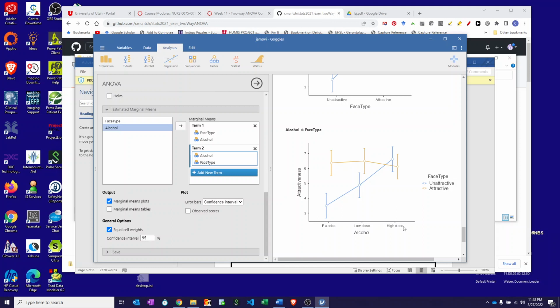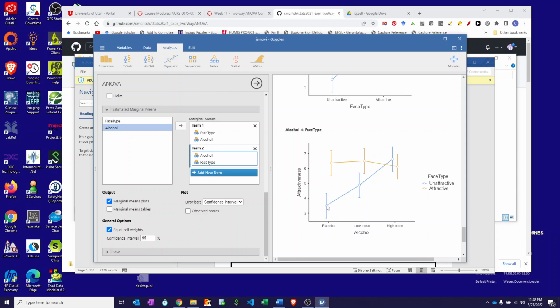So what you can see here is if there was no interaction, these lines would be parallel to each other. And what we see is these lines actually cross each other up here. So we can see that there's quite a bit of separation here